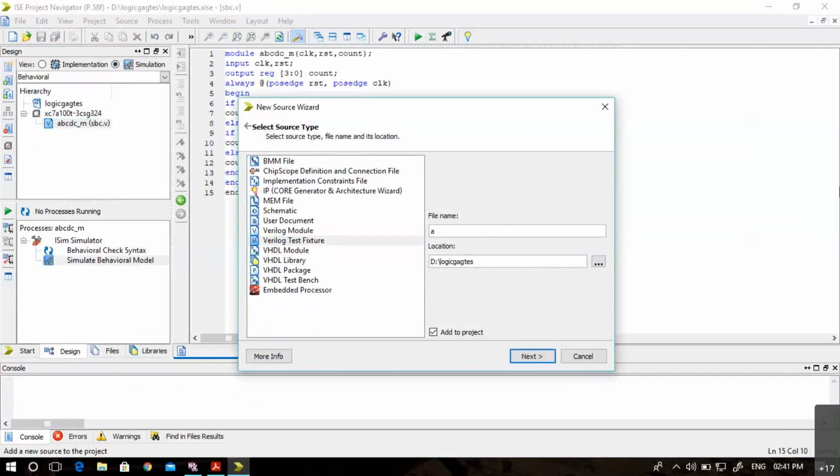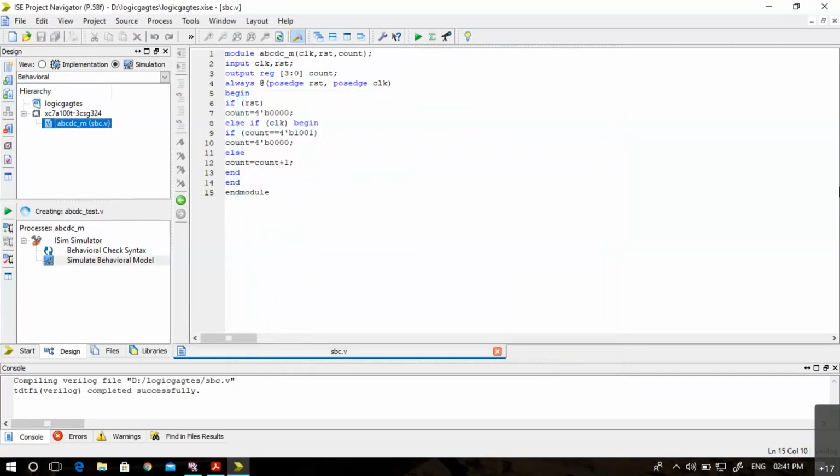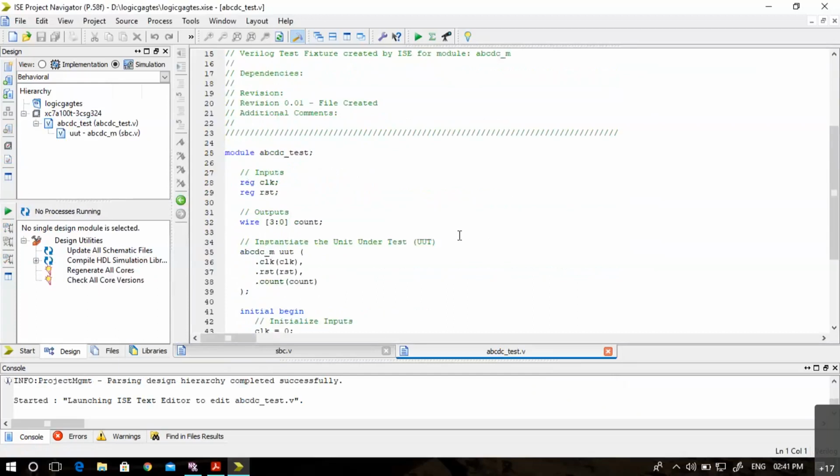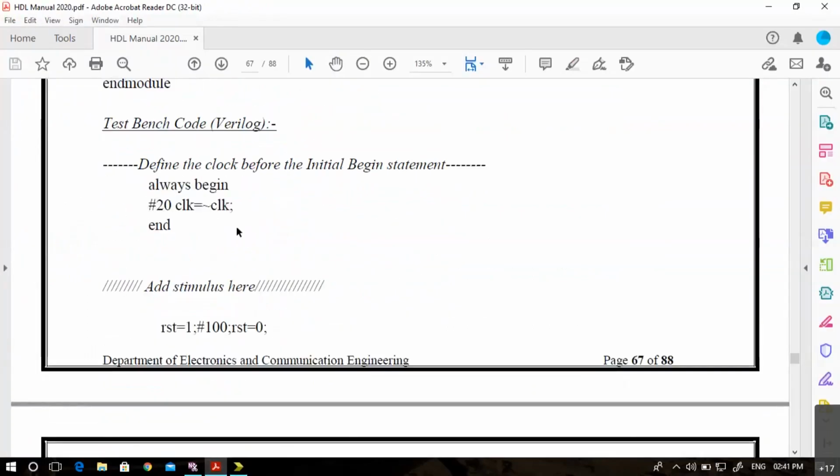This is now asynchronous BCD counter underscore test.v. So now clock and then stimuli.